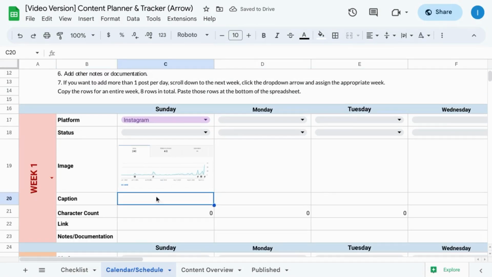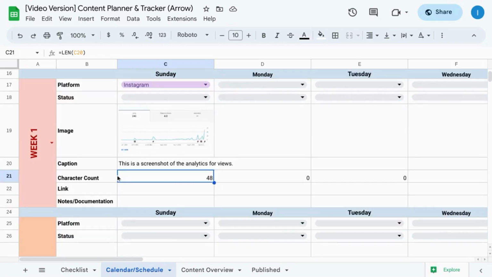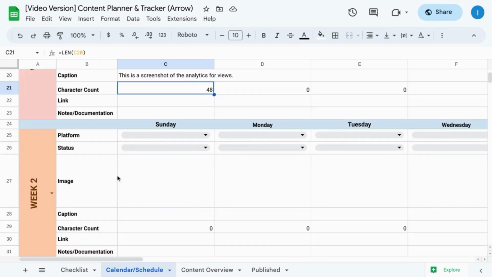And we'll give it a caption. Once you enter the caption, you're provided with a character count. And then you can also add a link in this row as well as any notes or documentation. If you want to add another post for the same week and the same day, you can scroll down and